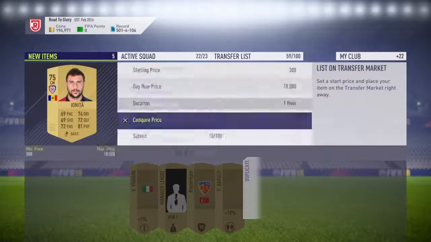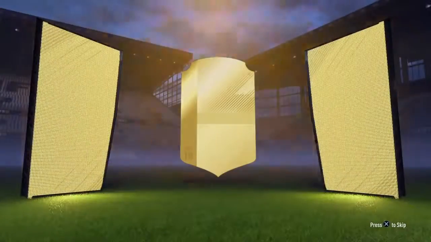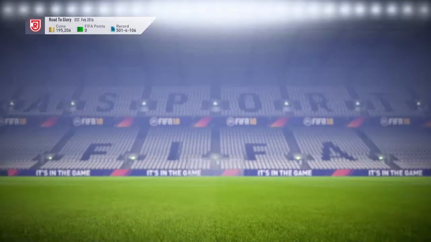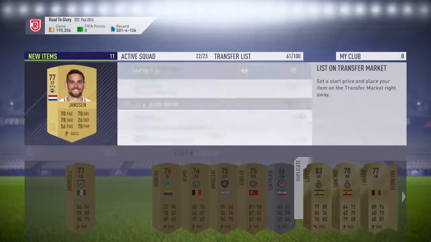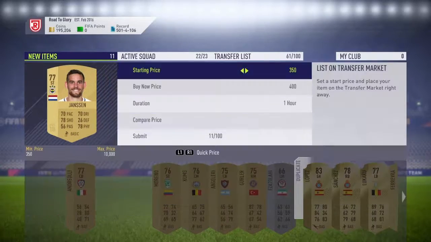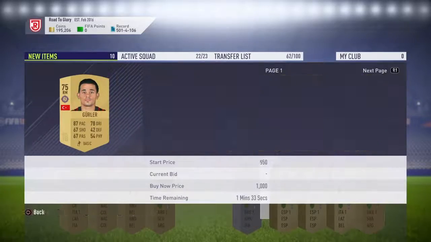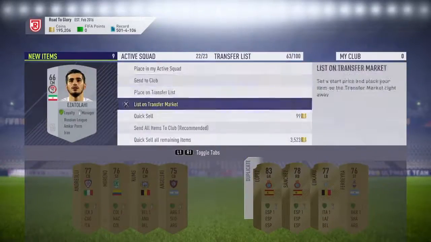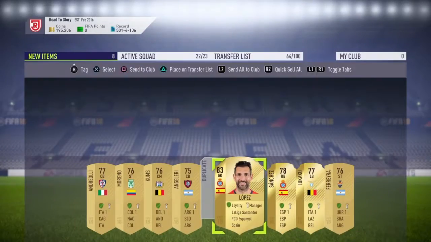You'll have seen our other big pull was Eric Bailly, the Man U defender that we sold the previous week. So that wasn't bad. Another 25 to 30,000 coins, I think, for him is what he was going for. Koke 2 could be worth a bit, but for now, guys, I'm going to sign off and leave you with the packs,